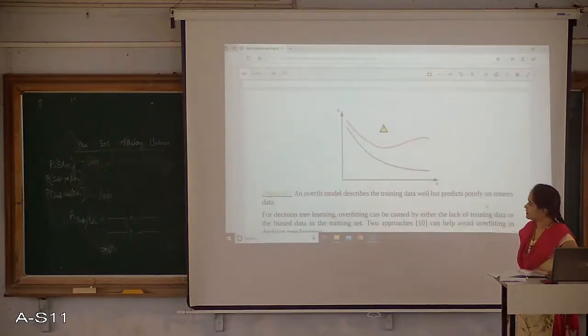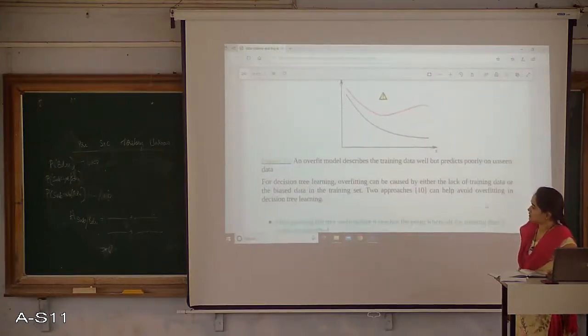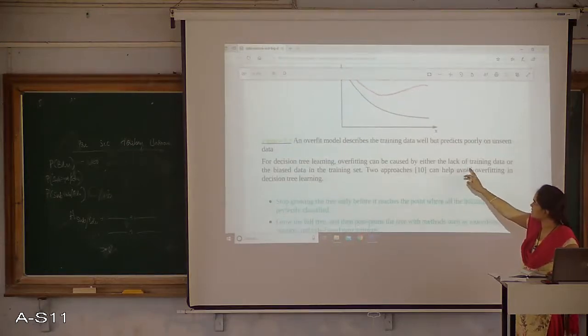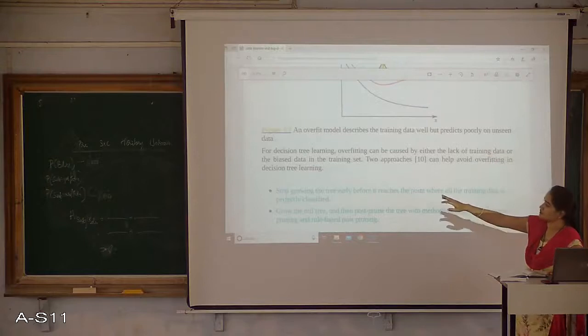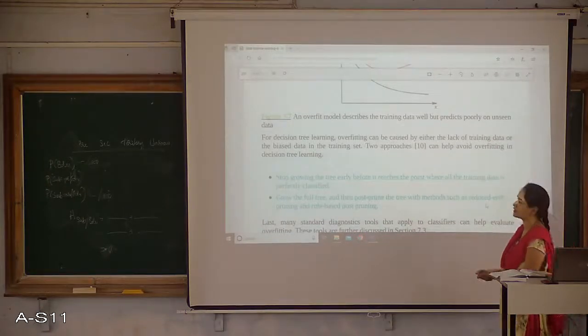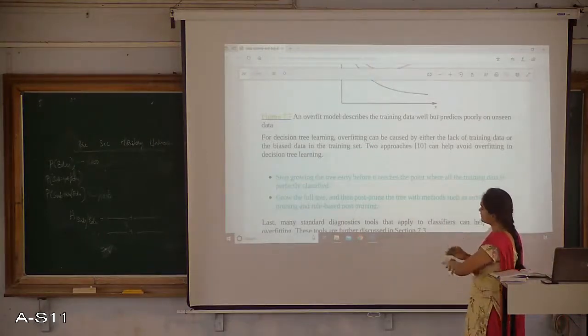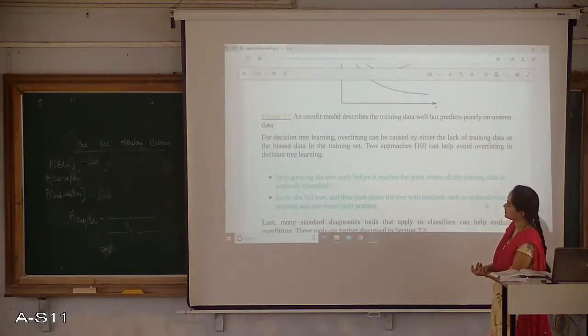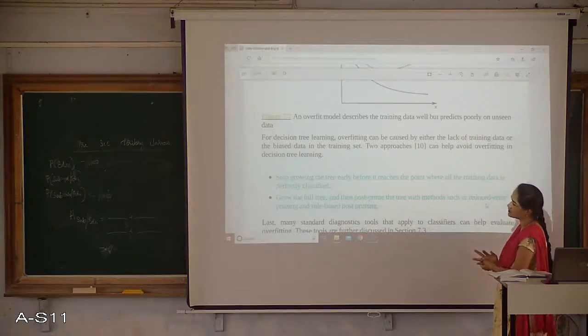Then, decision tree learning overfitting can be caused by either a lack of training data or biased data in the training set. I may have some redundant data or some irrelevant data, and because of that we will be unable to make a decision properly. So there are some approaches to avoid or handle overfitting of a decision tree.